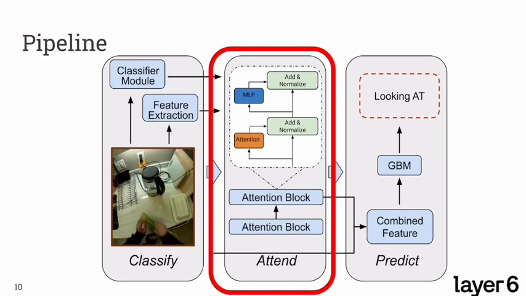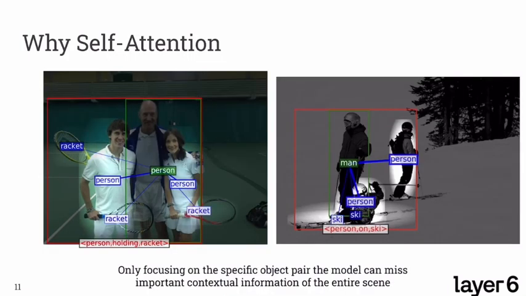Now we describe the second stage, where we use an attention-based transformer encoder for encoding relationships and box features. The majority of existing scene graph generation models operate on pairs of objects found during the detection stage. Object features are generated independently of each other, so the pairwise model is only able to capture information local to the two objects. Such architecture has a significant drawback, where by focusing only on a specific object pair, the model